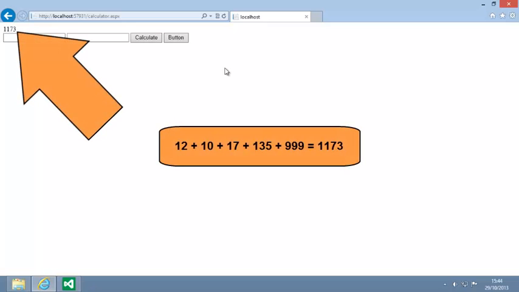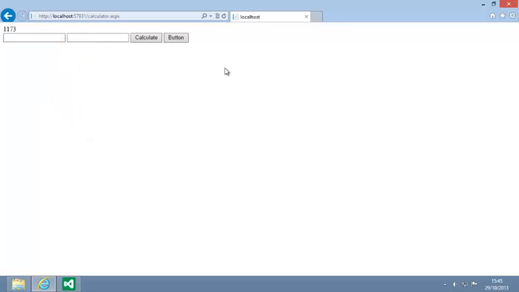This time the total comes to 1173. Your calculation is now 12 plus 10 plus 17 plus 135 plus 999. Although your break exited from the while loop, it didn't exit the method. This meant that the code following the while loop was able to run. Close your web browser